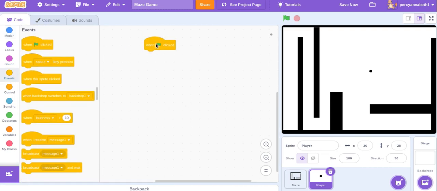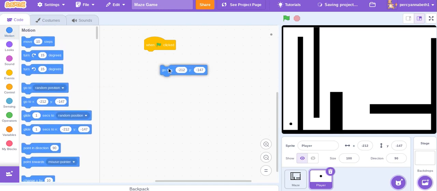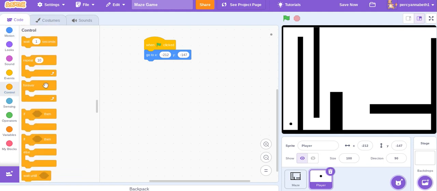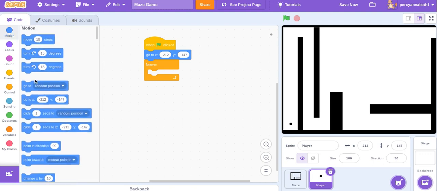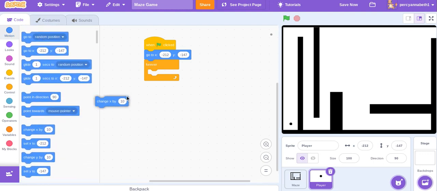When go clicked, go to around here as the start of the maze, and that is x minus 212 and y minus 147. So now we have that set up at the start. Forever, change x and y by